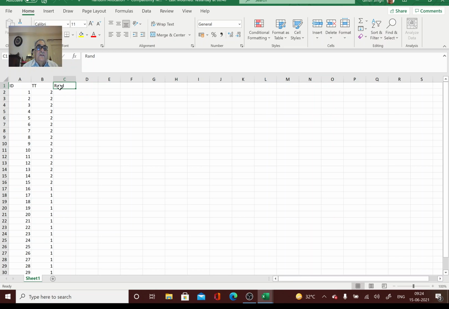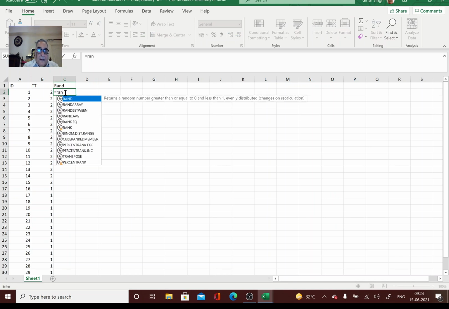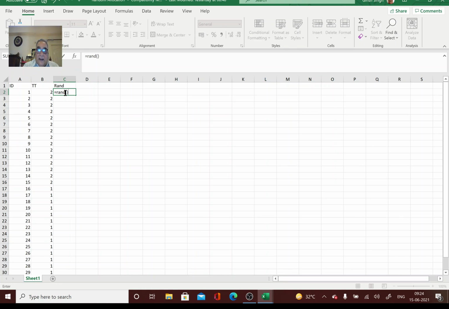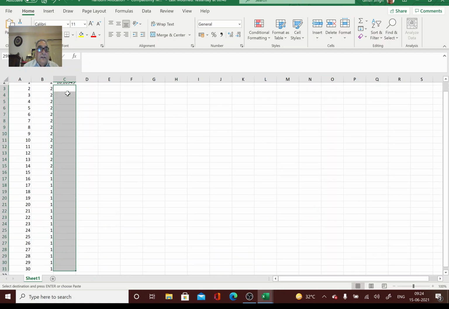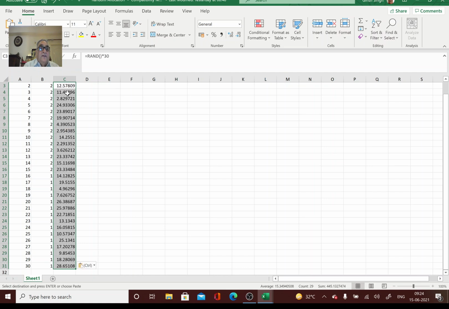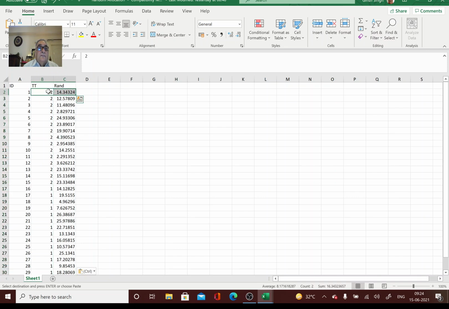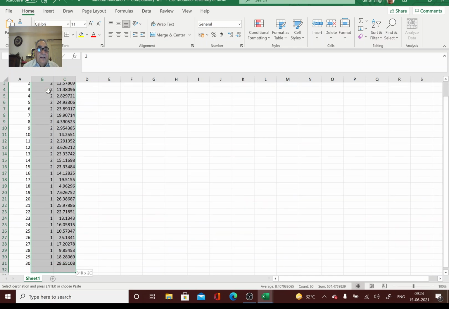So in this column entitled RAND, we say equal to RAND, bracket open, bracket close, and we want a value up to 30. So this is one of the values. We copy it, Control C, we copy it right up to here and say Control V, and then very simply we select this column and this column, we combine it like this,